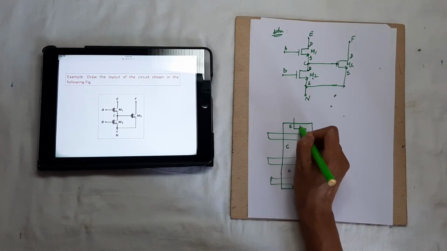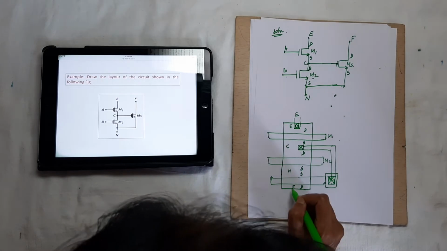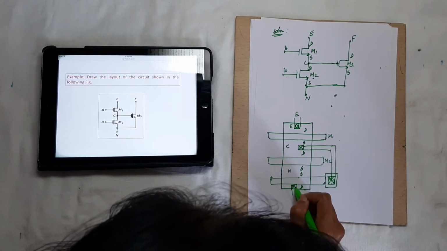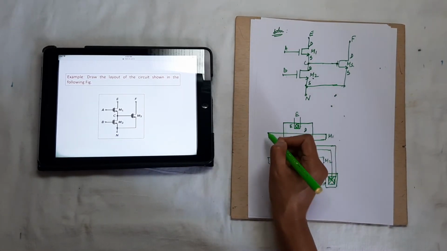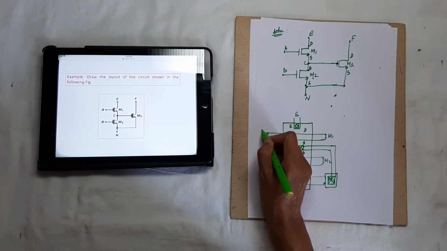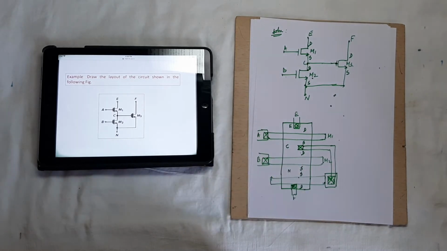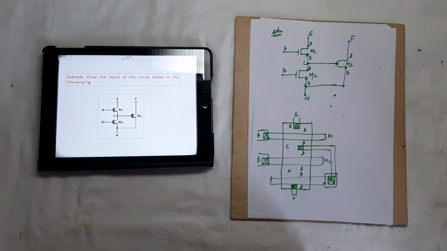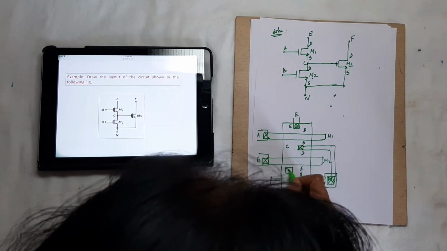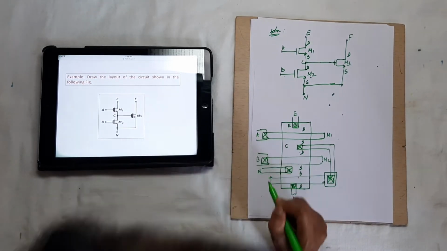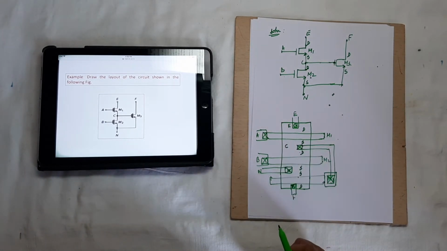So this is E, where again through the contact cut it is going to E. So again here also through contact cut this connection goes to F, and through the poly contact here these are the input terminals of the transistors A and B. And one more is the N connection. Again here through the contact cut this goes out as the N connection. This is the layout of the circuit given in the figure.